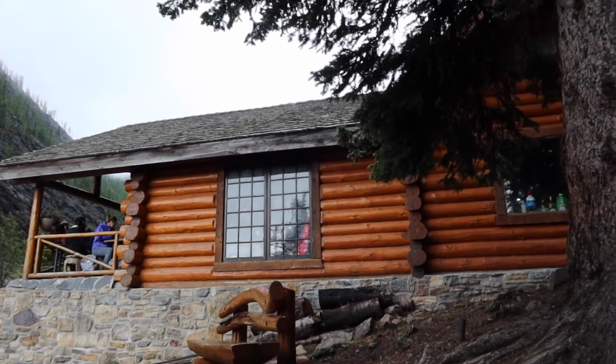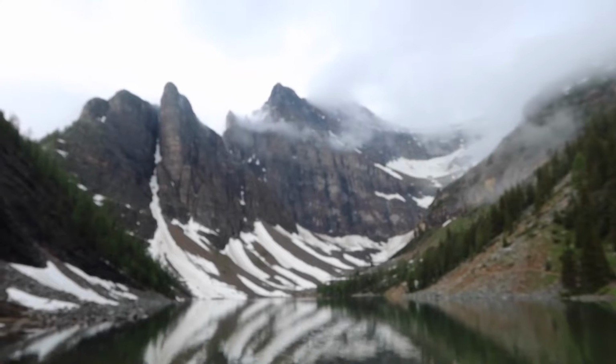It's the tea house. We made it to the tea house now. I'll show you Lake Agnes in a minute, but yeah, we made it up to the tea house. It's so cool. Feel such a sense of achievement because that was the